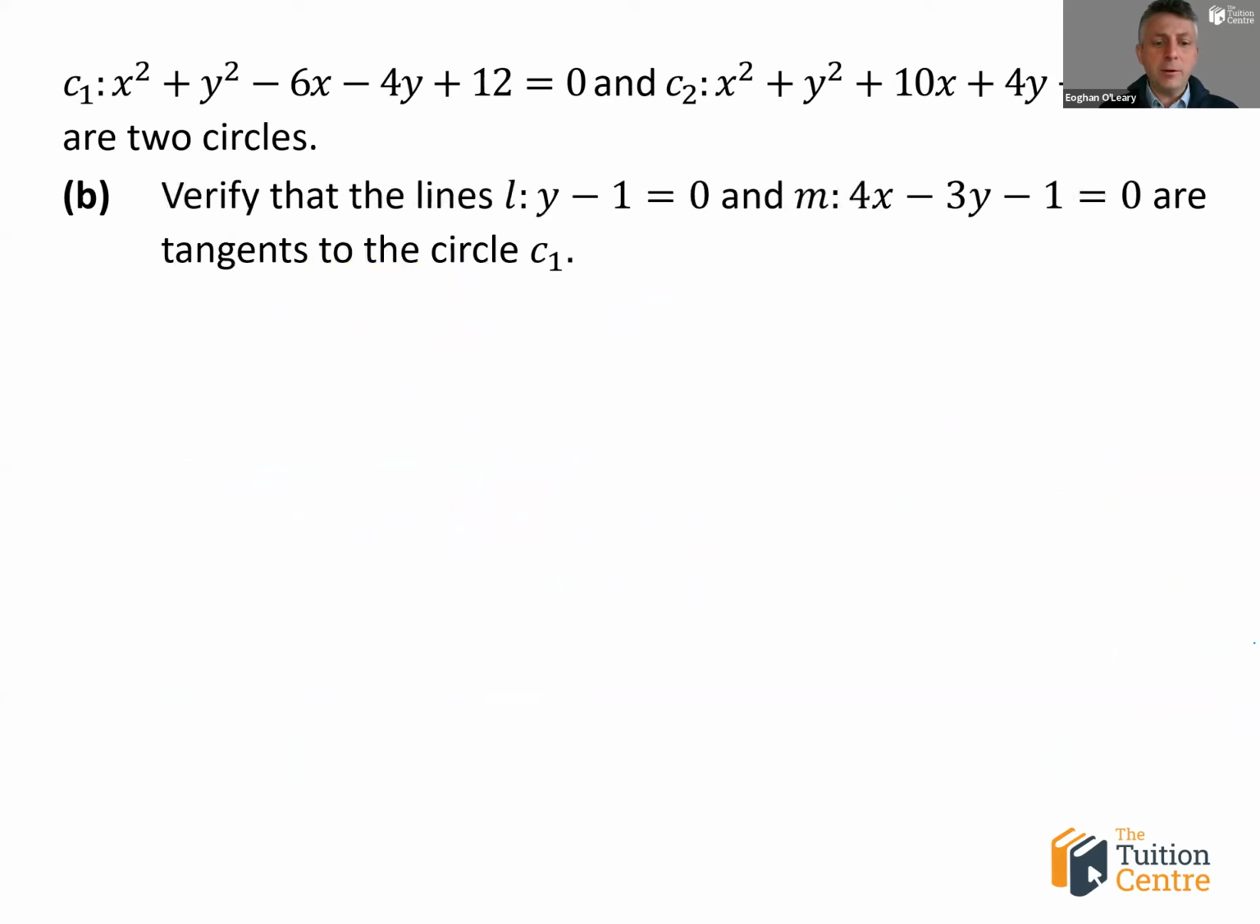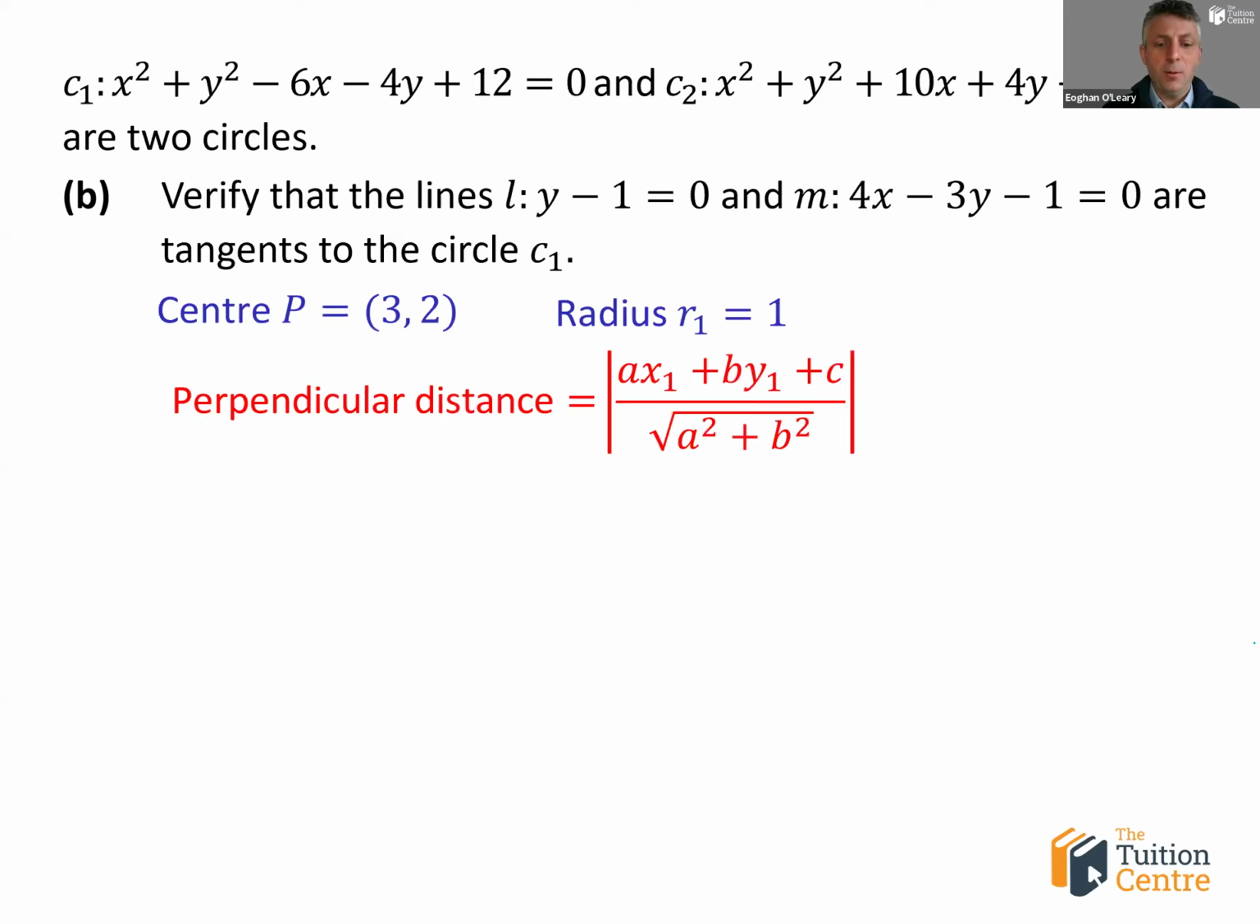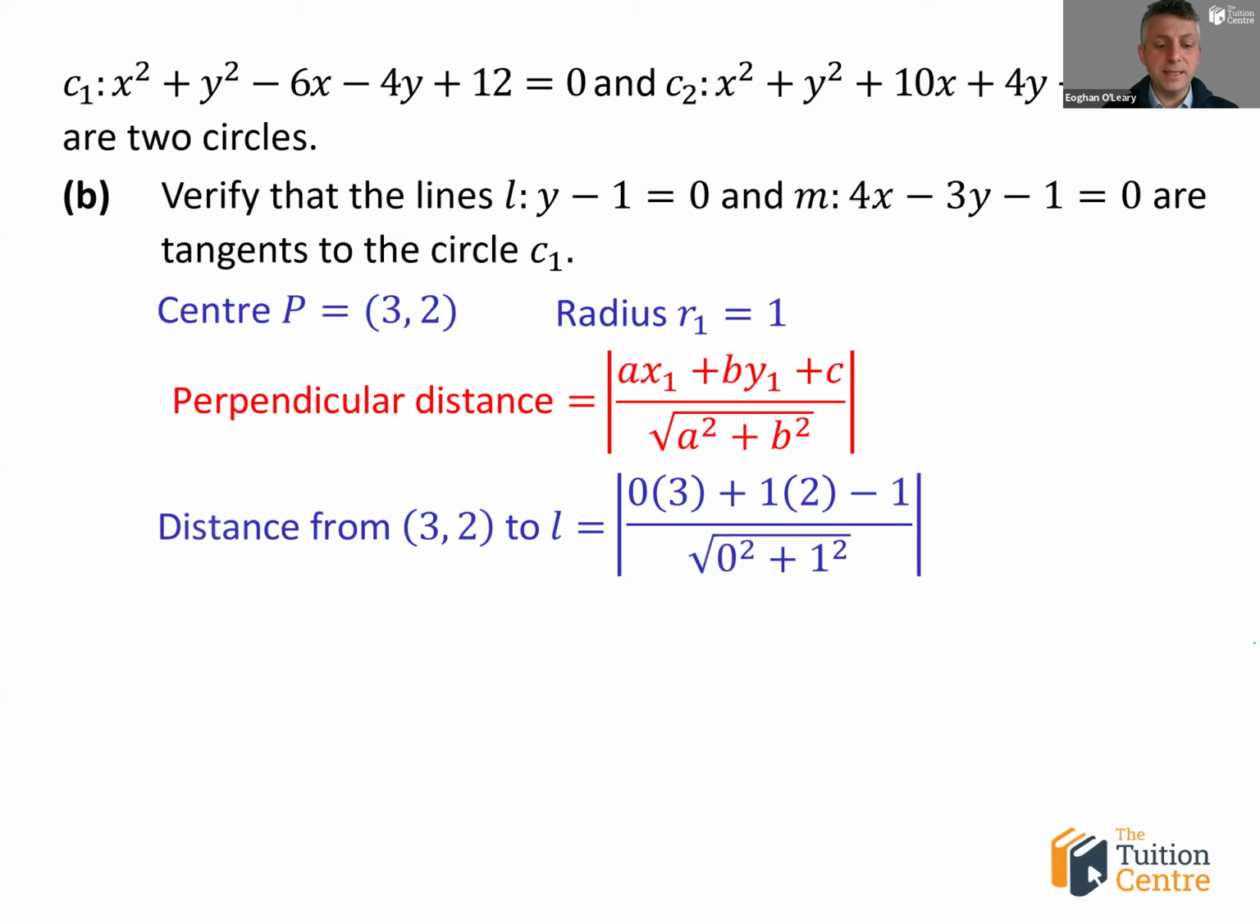Okay. Verify that these two lines are tangents to the circle C1. y minus 1 equals 0, and 4x minus 3y minus 1 equals 0. There are different ways to do this, but one way is to get the perpendicular distance from the center of the circle to the line itself, and that should be equal to the radius. So if you get the perpendicular distance from the center point (3, 2) to the line, and in our case we're talking about the line L,